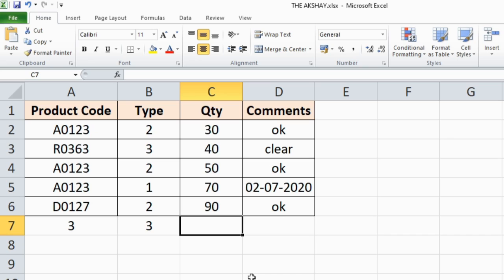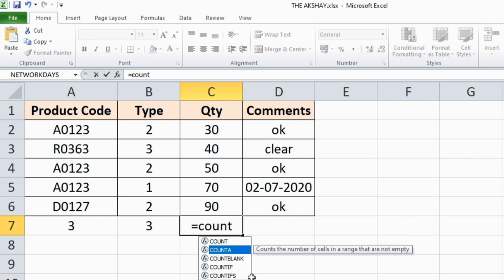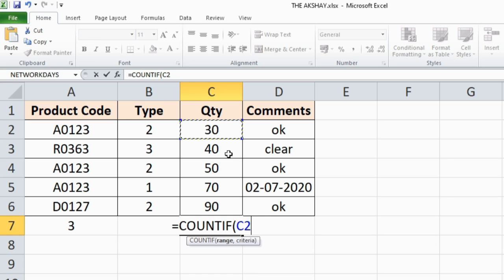You can also use logical operators in the criteria of this function. So what does that mean? Select the range first. In criteria, here you need to type double quotes. In it you can specify your condition.